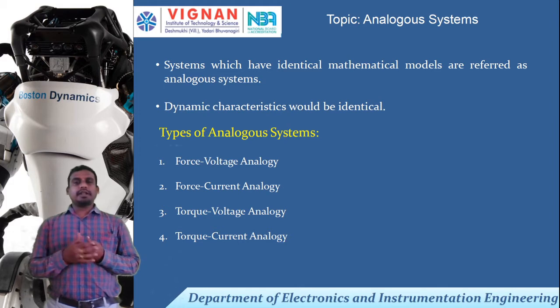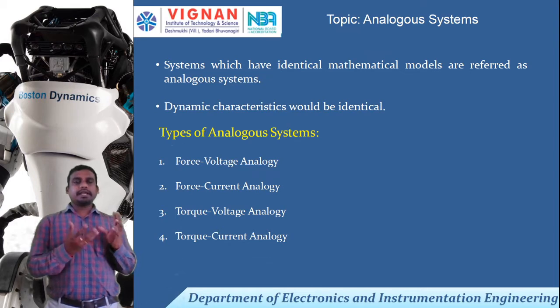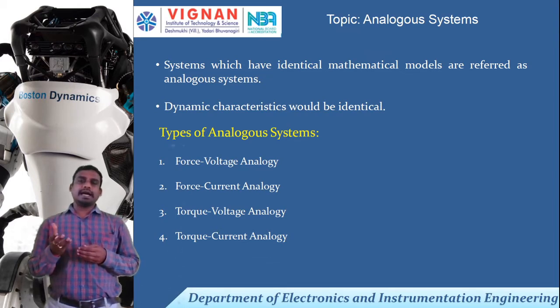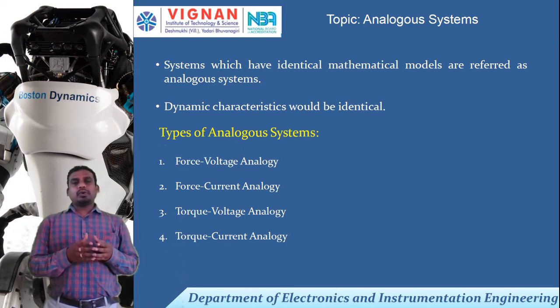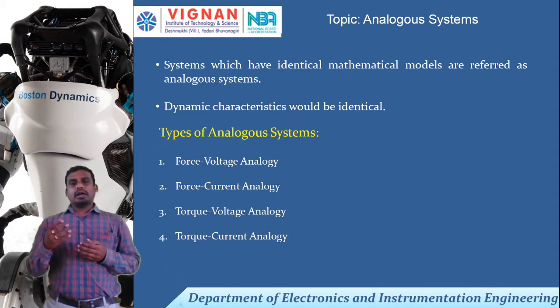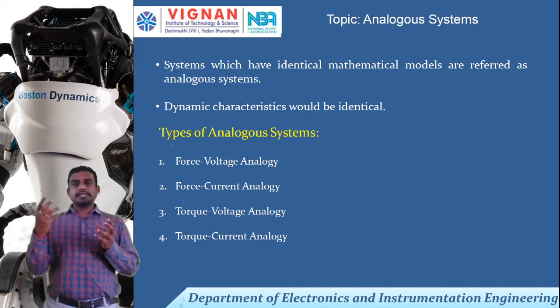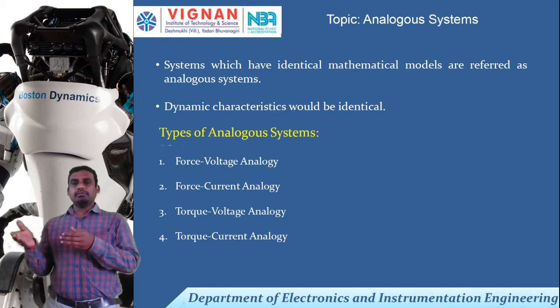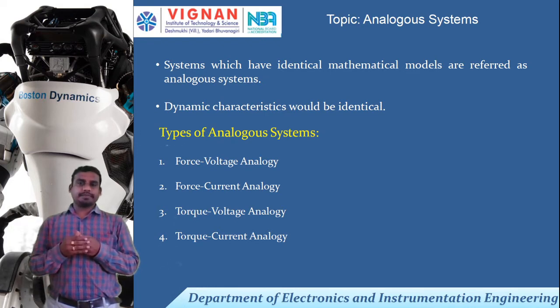So the concept of analogous system is derived to replicate the system in terms of other domain. That means if a mechanical system, if you want to represent in terms of electrical system, you have to use analogous of it, right? This can be done only if the system characteristics are identical, right? So analogous system is something in the physical system, if you are representing in one form, that can be represented in another form by using analogous of it, right?